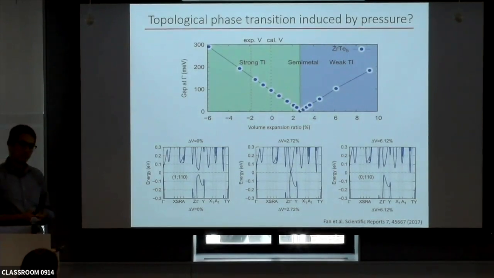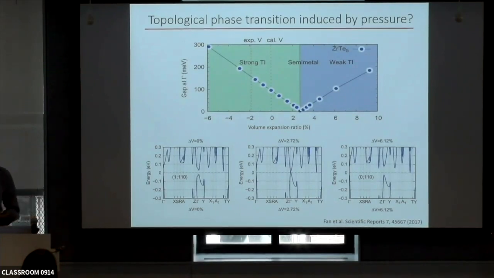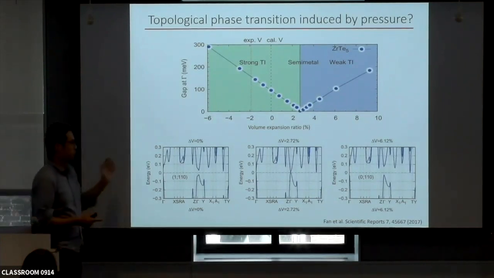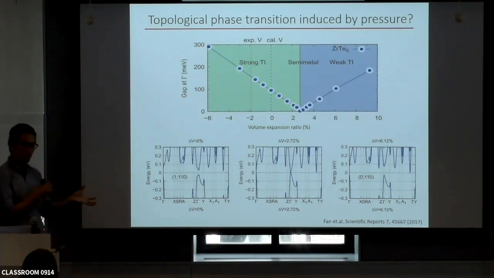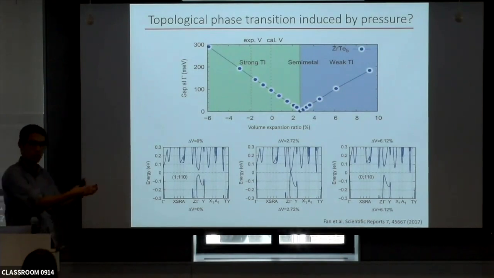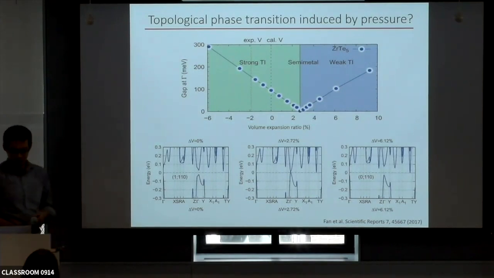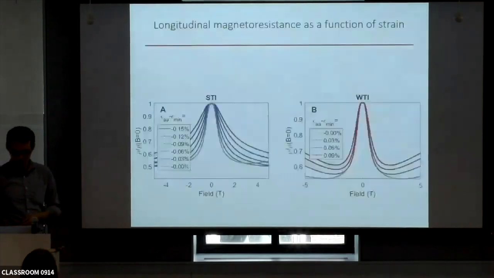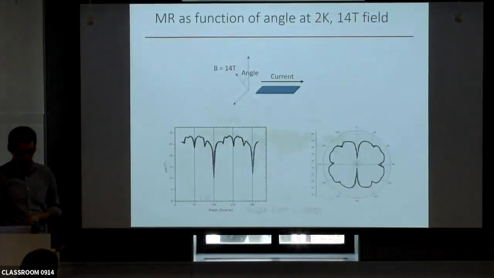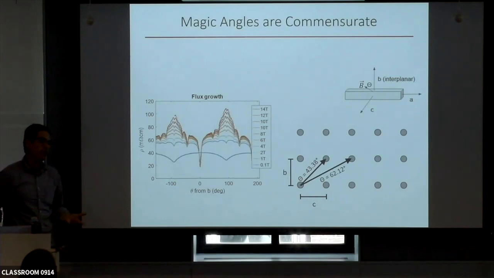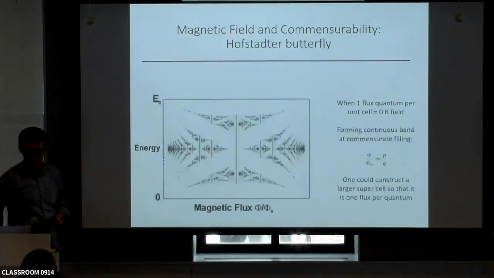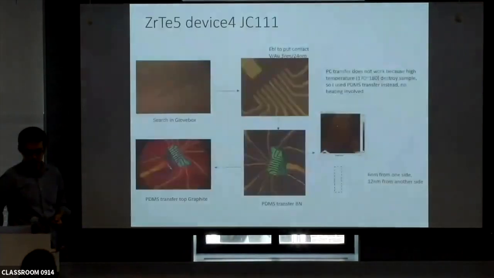Maybe just follow up. Can this strain story somehow explain the previous experiments? You mean why all this is inconsistent? I think so, yeah. And there's more recent work where people see this potentially topological phase transition as a function of temperature just by thermal expansion. How much thermal expansion is it? Thermal expansion is usually about 0.1%. But it probably differs for different lattice constants.